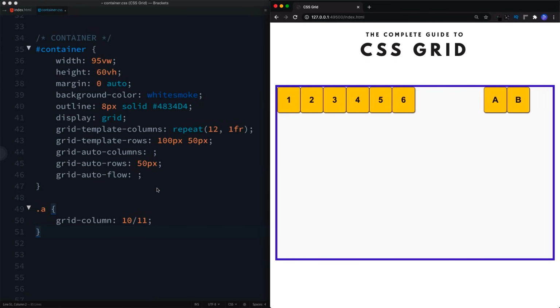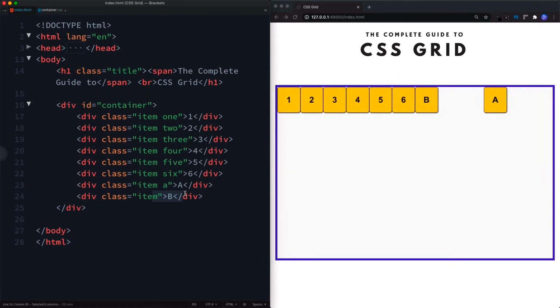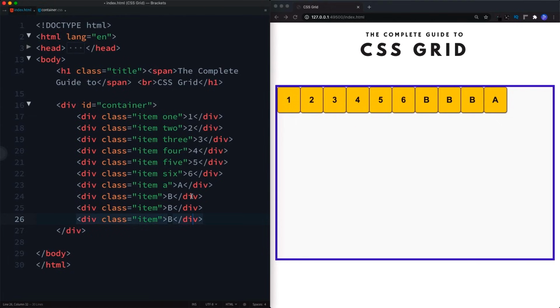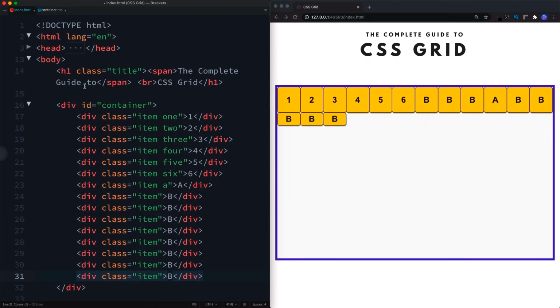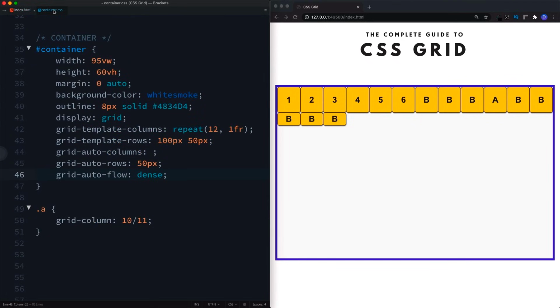So now let's set grid auto flow to dense and let's see what happens. Okay. Item B has now moved to fill in this extra space that we had, even though in our source order, item B is placed after item A. Let's go ahead and duplicate item B again, and let's see what happens. As you can see, these items have filled in this extra space that we had. And again, that's because we've got grid auto flow set to dense. Now use dense with caution because obviously it will change the visual order of your items. We can also say row-dense and column-dense to give us a bit more control as to how these items are filled in. So just bear that in mind.